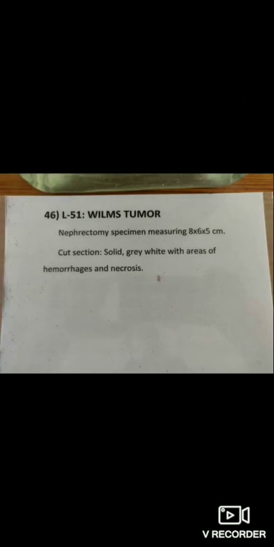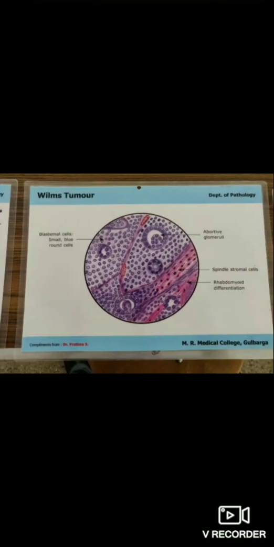Now coming to the microscopy of this tumor, it has a mixture of primitive epithelial and mesenchymal elements. Most of the tumor consists of small, round to spindle anaplastic sarcomatoid tumor cells. Now, they also have abortive tubules and poorly formed glomerular structures. The mesenchymal elements such as smooth and skeletal muscle, cartilage, bone, fat, and even fibrous tissue can be seen.